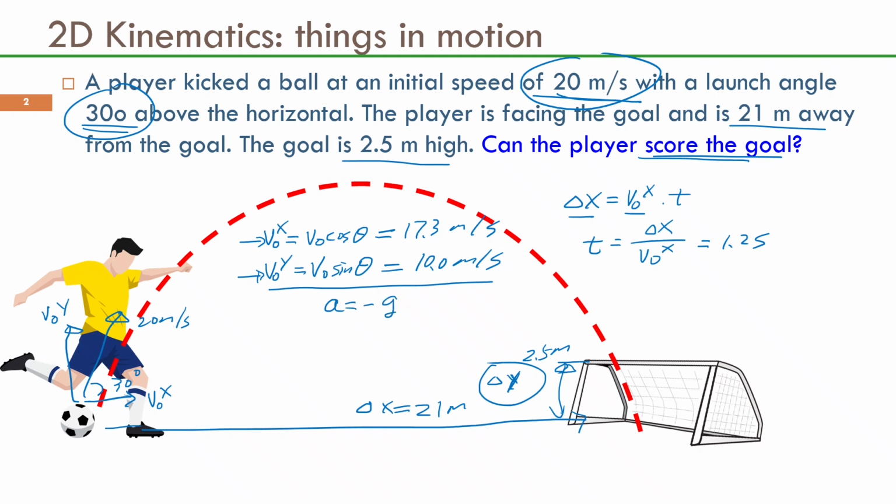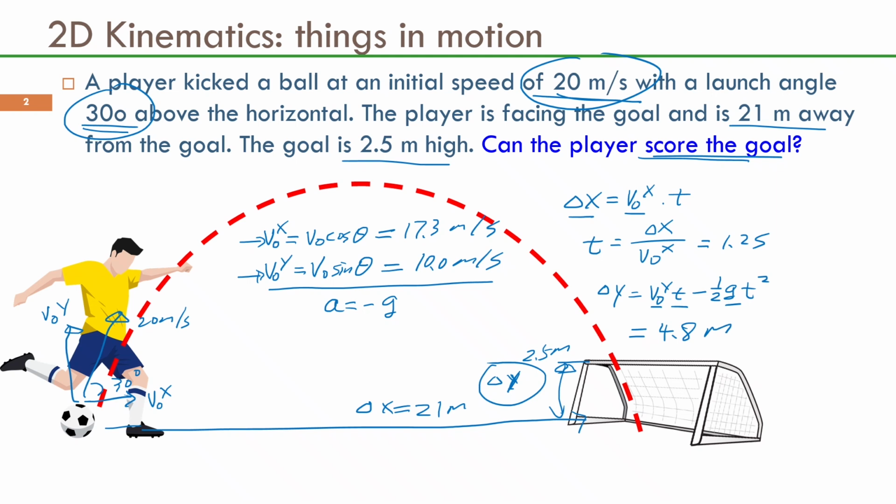So if I substitute all these values into the kinematic equation, delta y equals v0y t minus half g t squared. I know my initial vertical velocity, I know my time, and I know g. So if I substitute everything into this equation, I get